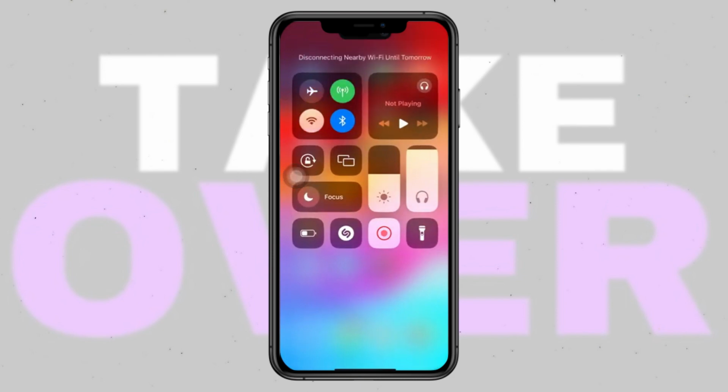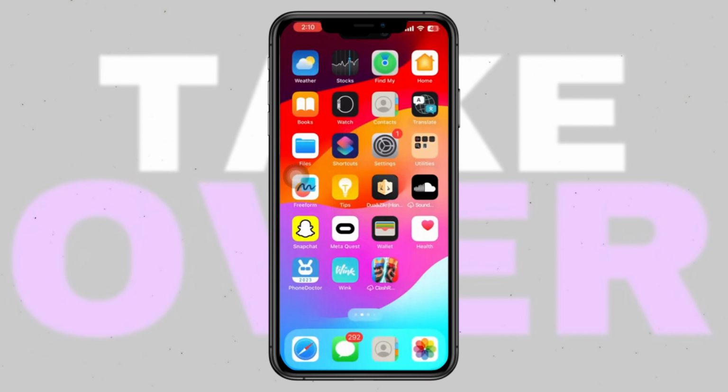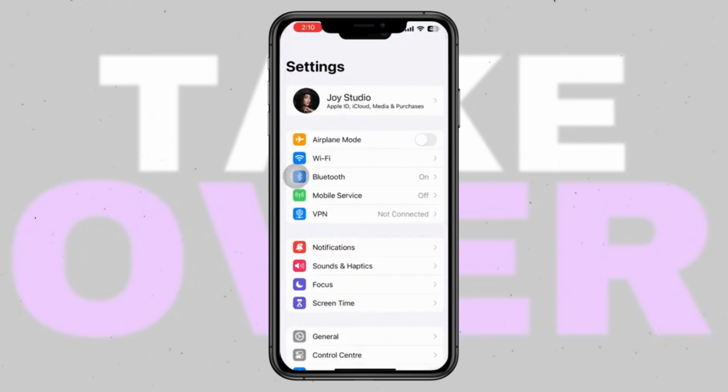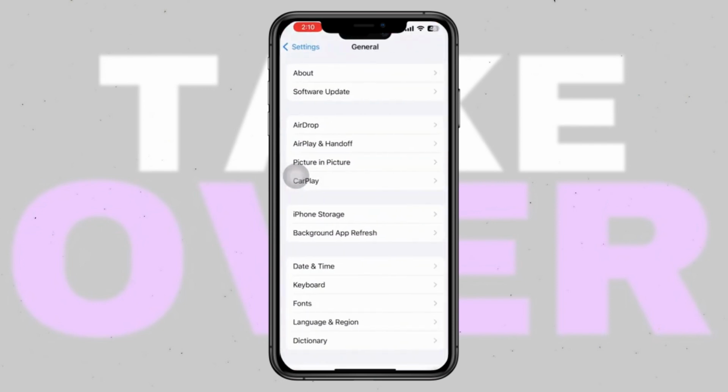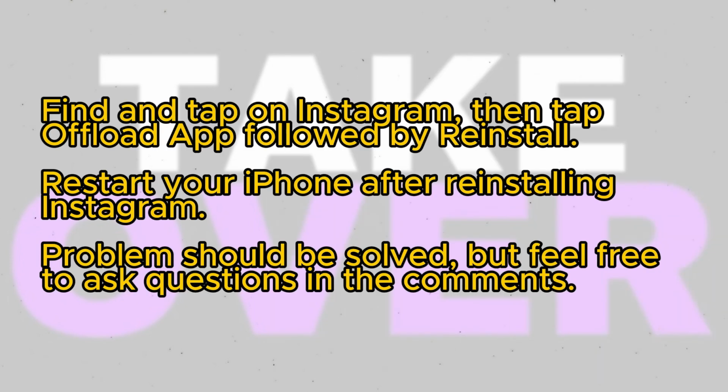If using Wi-Fi, try disabling it and enabling mobile data, or vice versa. If on mobile data, turn it off, switch to Wi-Fi, and connect to a different network to see if that resolves the issue. If the problem persists after checking your internet connection, the next step is to go to Settings